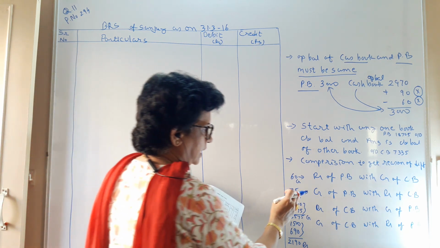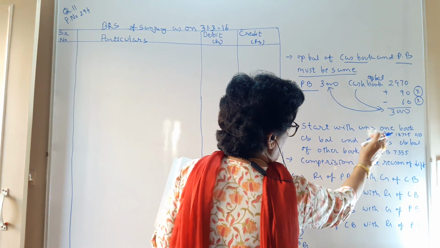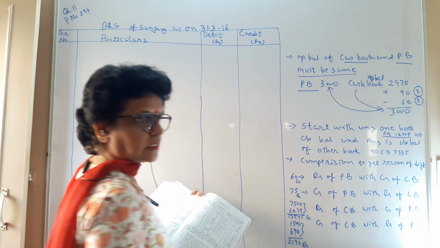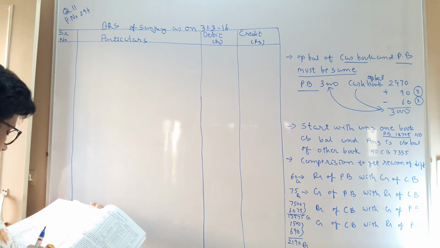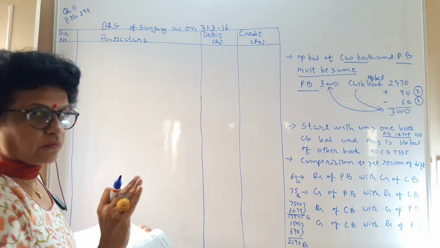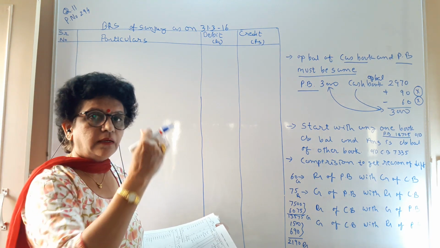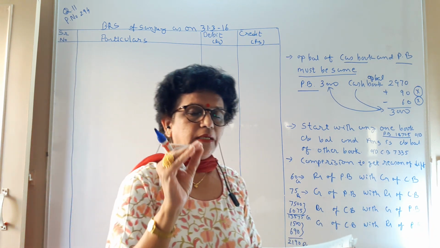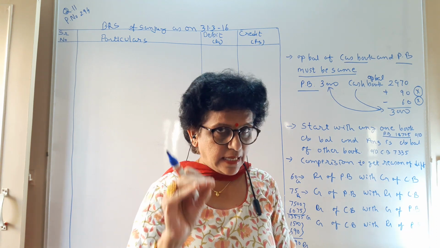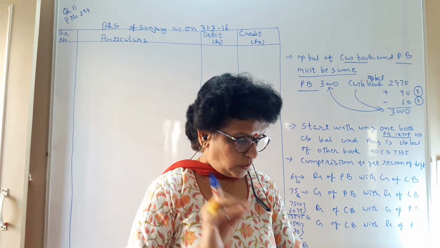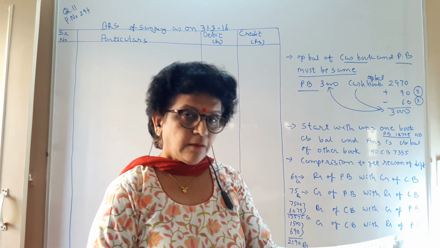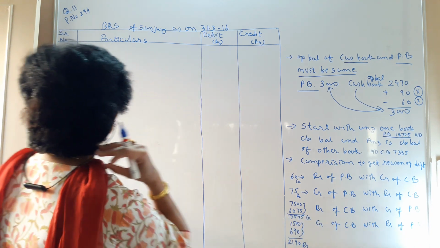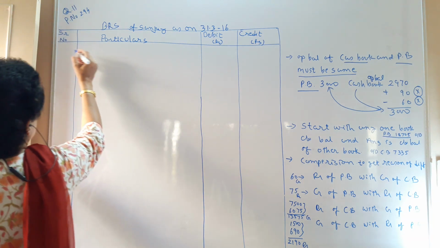We are going to start our example with the passbook balance, 18,705. Look here, the closing balance of the passbook; that is our starting point. In every BRS example, we take the balance as on the day when you prepare the BRS. So the closing balance, you see in the passbook, is 18,705. So write down the first